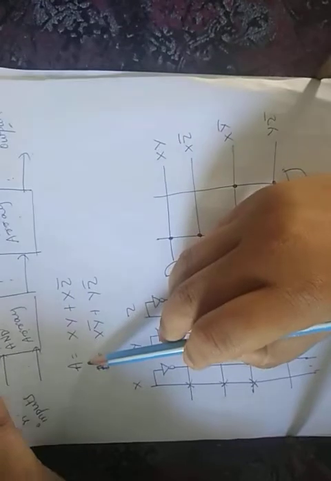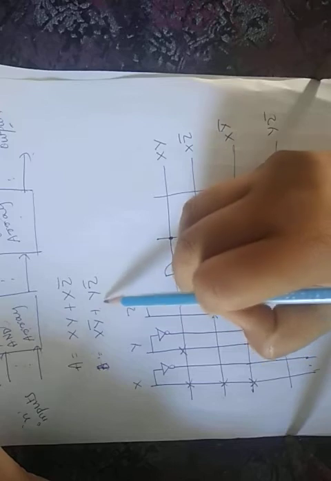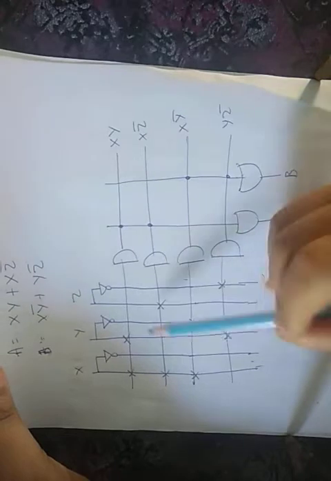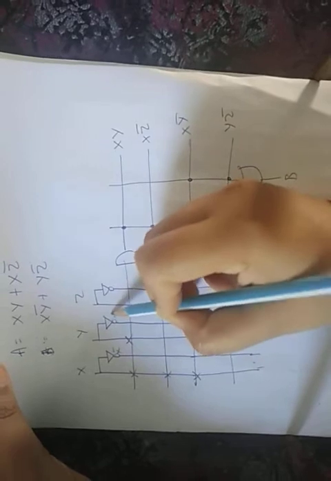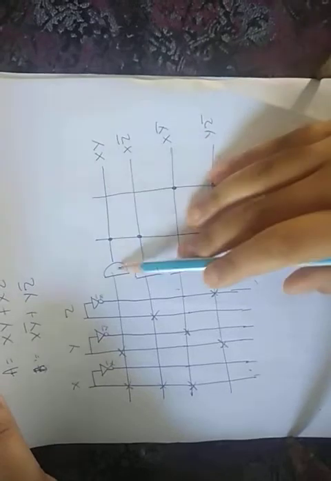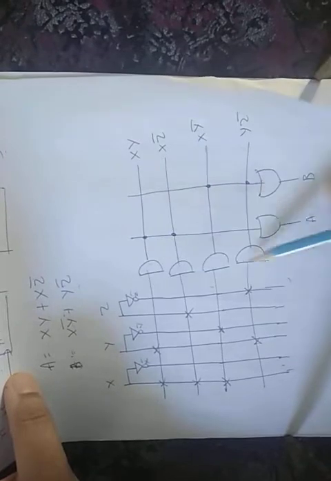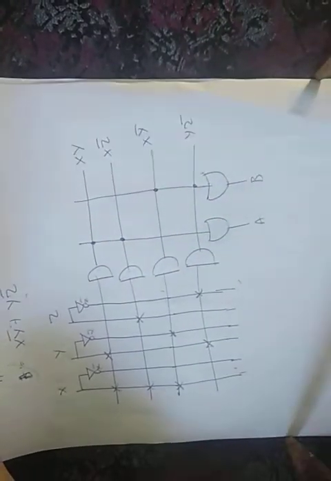Now we'll see the example. They have given us A is equal to XY plus XZ bar. B is equal to XY bar plus YZ bar. Now consider a similar type of diagram where we have X, X bar, Y, Y bar, Z and Z bar. Here also we have 4 product terms, so go for 4 AND gates. Definitely we have 2 outputs, so go with 2 OR gates. Product terms are described by AND gates. Outputs are described by our OR gates.